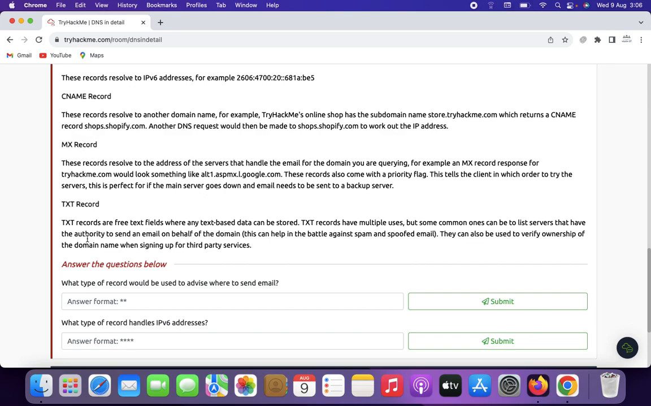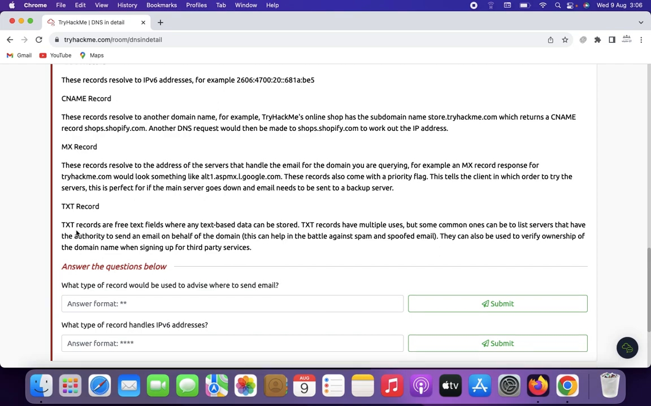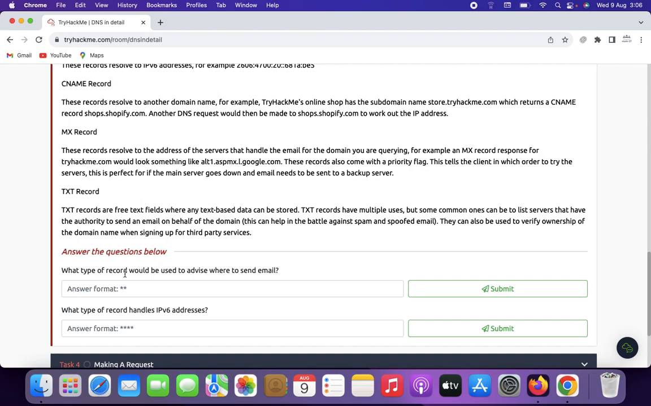So there are many other things that you want to know, like NS record, name server record, SOA record, start of authority record, PTR record, pointer record, SRV record, service record, and CAA record, certification authority authorization record. It will be more important if you use a wildcard SSL. Okay, and NAPTR record, naming authority pointer record. Okay, so